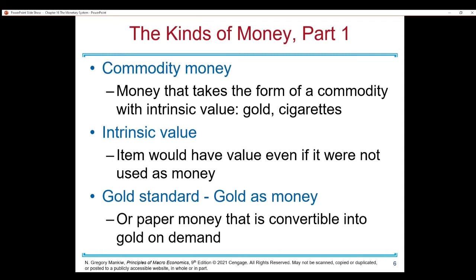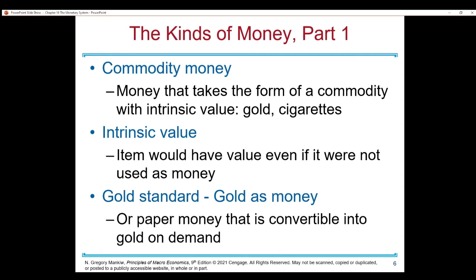Like you'd go to the miners. Miners would sift for gold. Once they find gold, they would use it to buy things. Or if you think further back, with pirates and stuff, they would use gold coins as a measure of value, and they would buy goods and services with gold. When an economy is operating using gold or dollars backed by gold, we say that it's operating under the gold standard. The US had the gold standard until Richard Nixon took us off the gold standard, I think in the early 70s.